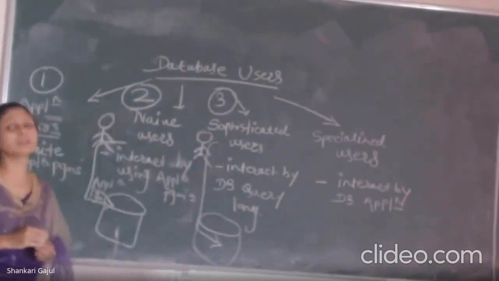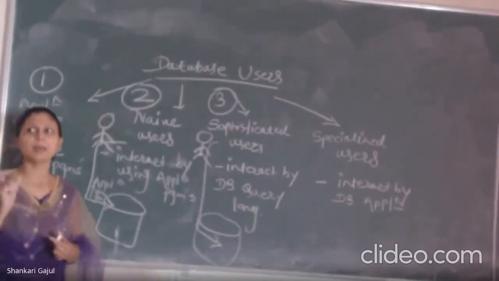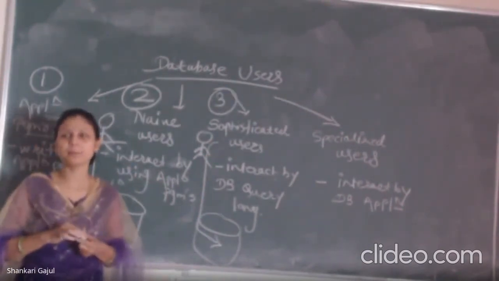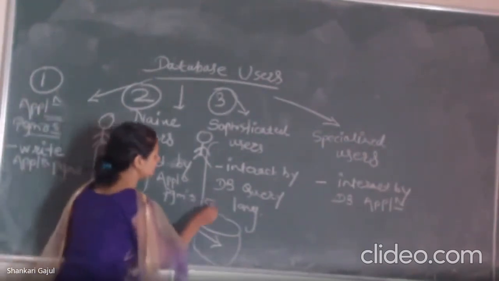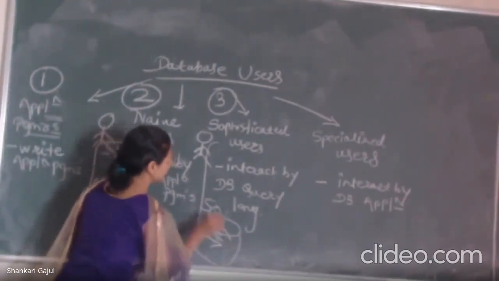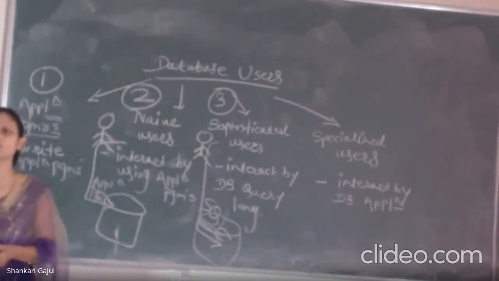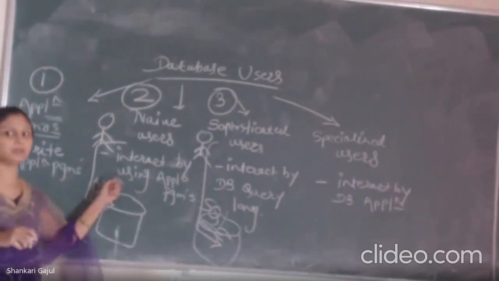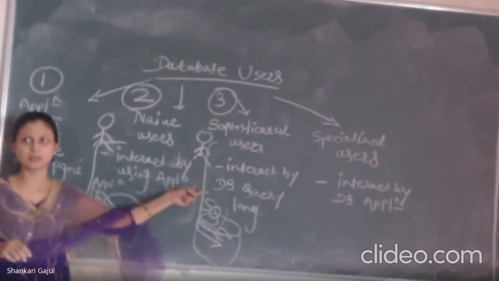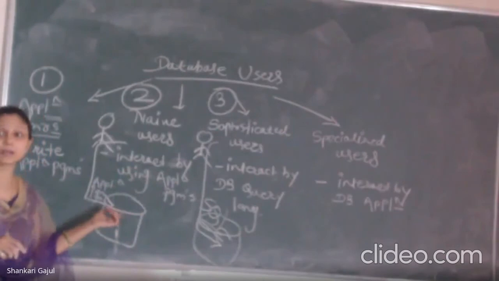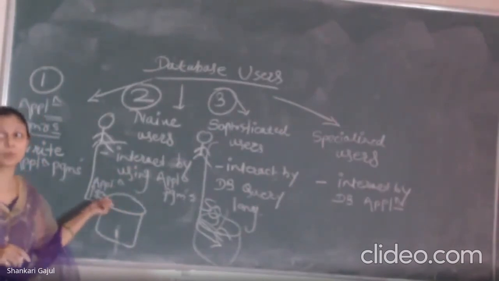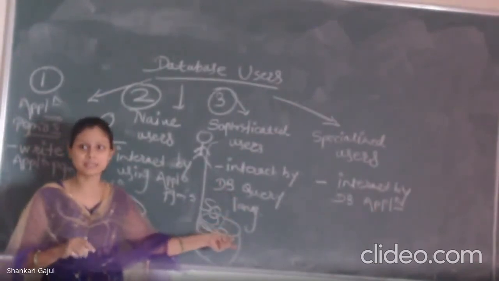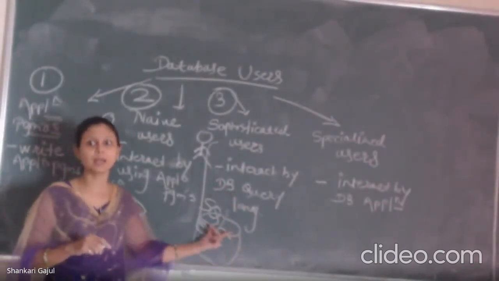So this user also interacts with the database system by using the query languages. An example of the query language is nothing but the SQL language. By using this language, the user can interact with the database system. Again, there is a difference between new and sophisticated users. New users interact with the help of application programs. Now the sophisticated users interact with the database with the help of some kind of